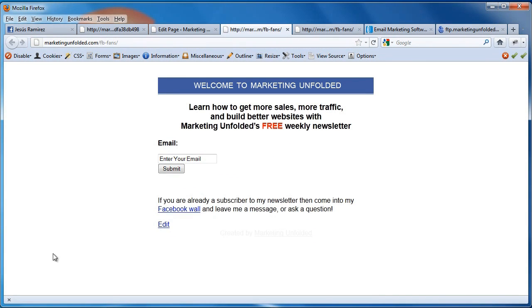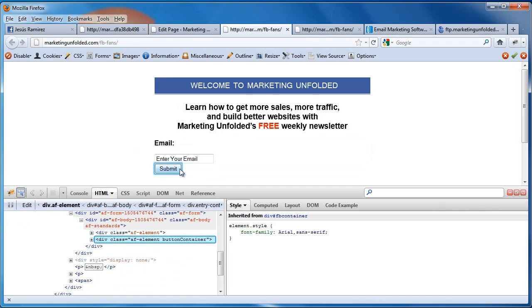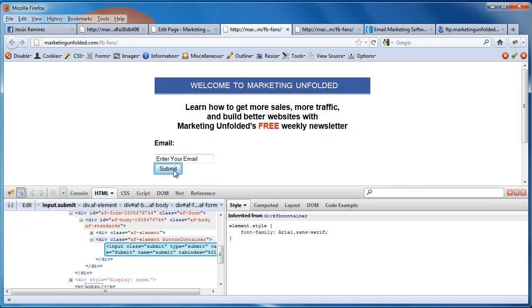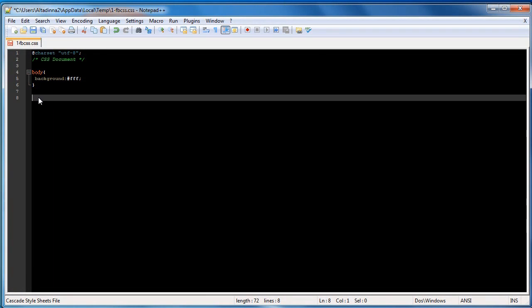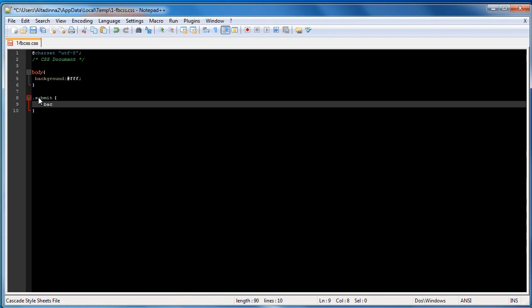On Firefox, I've also installed Firebug, which is this add-on right here. What Firebug does is allows you to inspect different elements in your page, so you can apply CSS to it. So you'll notice that the button has a class of submit. Well, if I take that submit class and add it into my CSS file, I'll hit period, which means class. I can actually add a background color